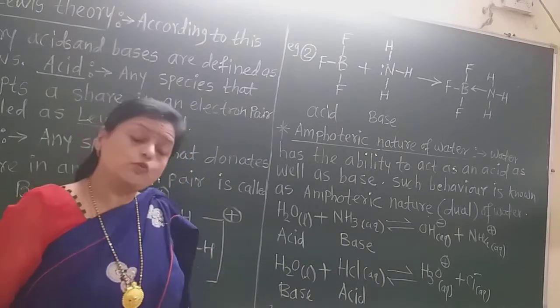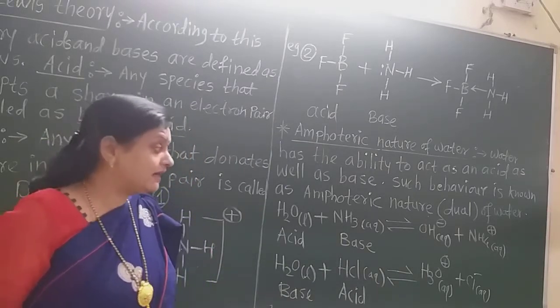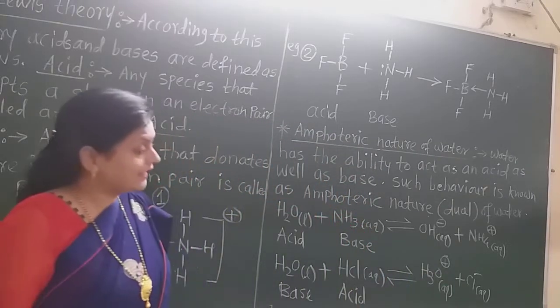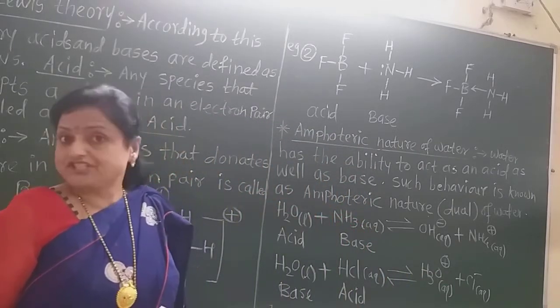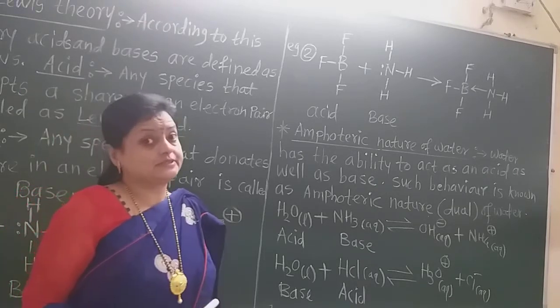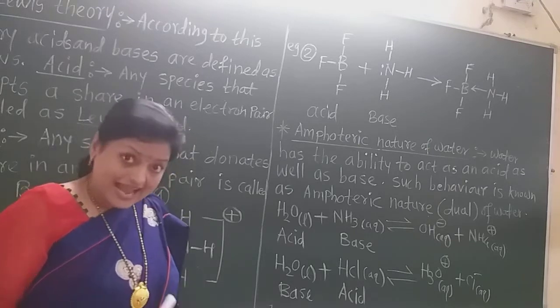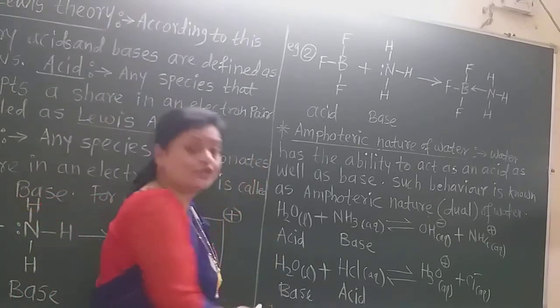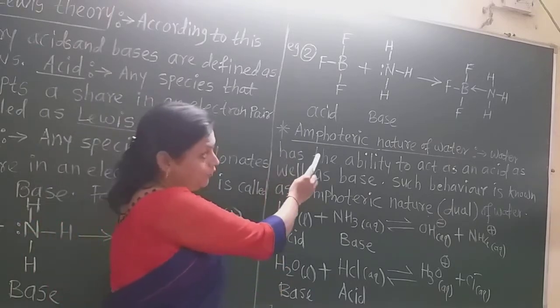Now there is also formation of a new acid-base pair. Now it acts as the acid, it acts as the base, because chloride has the attraction toward the H+ ion, so it acts as the base. In this way, here also a conjugate acid-base pair is formed. And as this water acts as the acid as well as base, water has amphoteric nature.